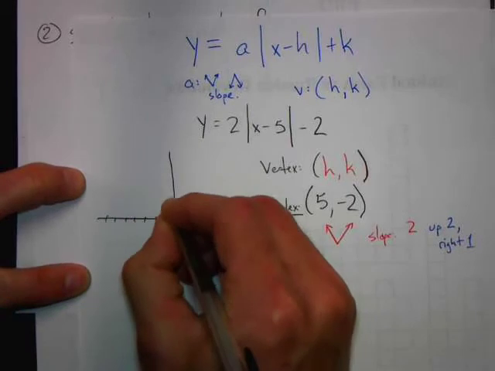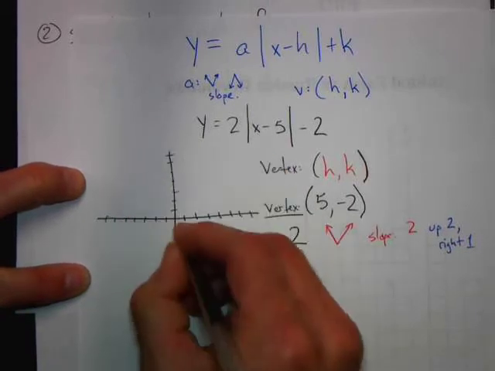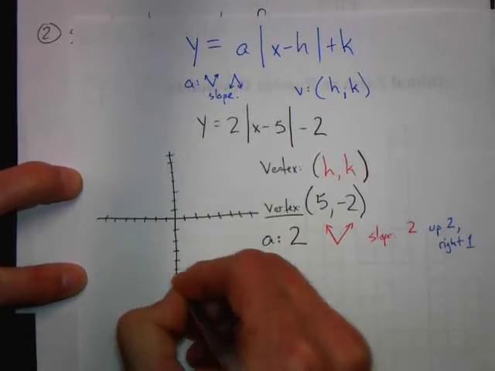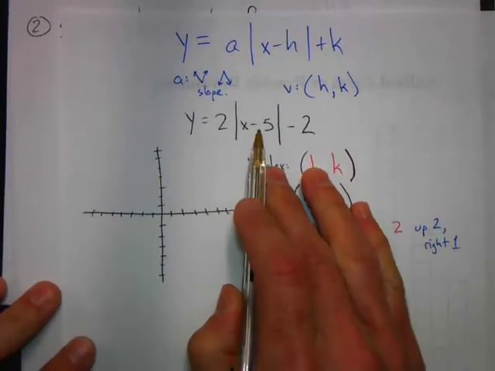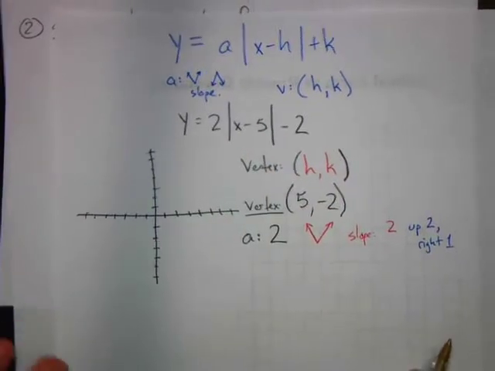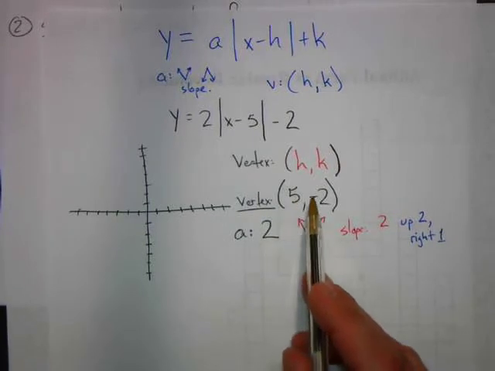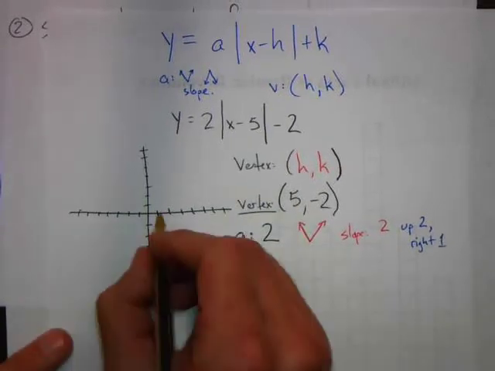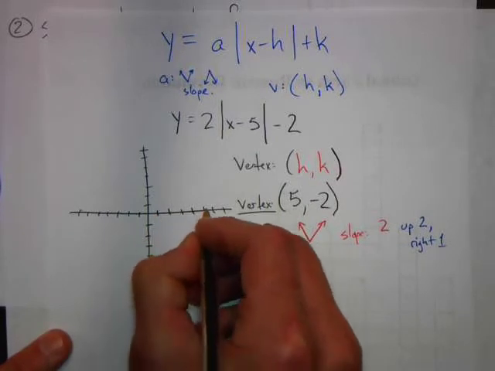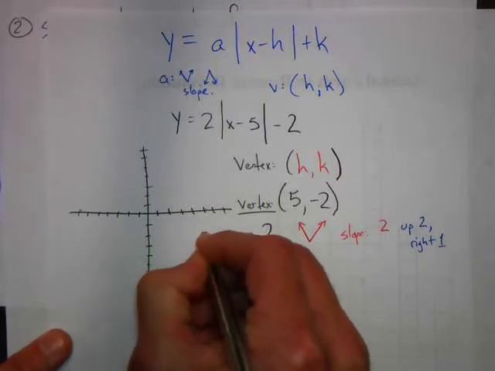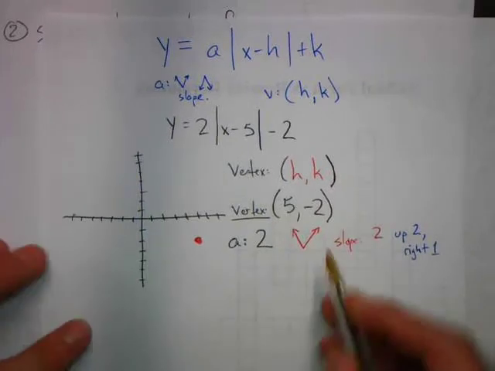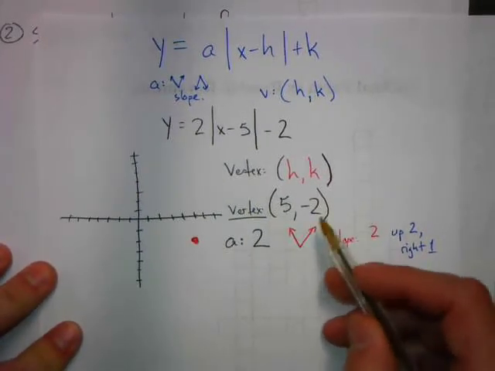And in general, we should know what type of shape this is going to make. Since it's an absolute value function, it's going to make a V. So let's make sure we know that. The vertex, remember the pointy part, is going to be at (5, -2). So here's 1, 2, 3, 4, 5, down 2. There's the vertex here. We know it's going to be a V shape opening up, and it has a slope